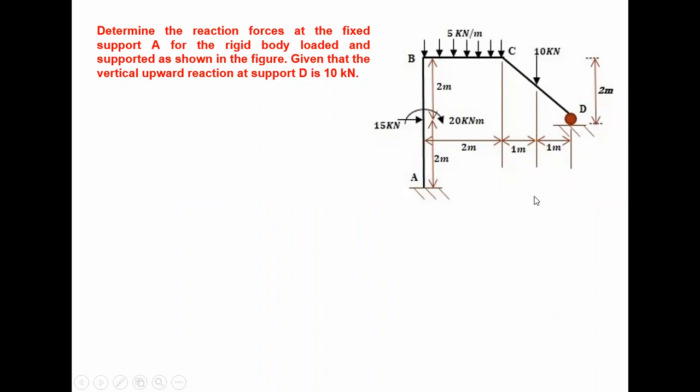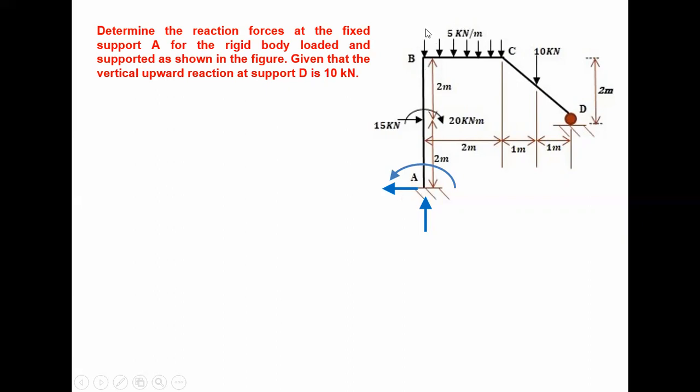So what we'll do, we will draw free body diagram of whole system. So if you want to draw a FBD of whole system, then for fixed support, you can replace this fixed support by horizontal reaction and vertical reaction as well as one moment, right? And here you can decide the direction of moment opposite to the moment direction of external load, right? And this force reactions, horizontal force or vertical reaction force direction, you can determine based on the direction of external forces. So 15 kilonewton force is external force and it is acting horizontally rightward, so we will take horizontal reaction as leftward, horizontally leftward.